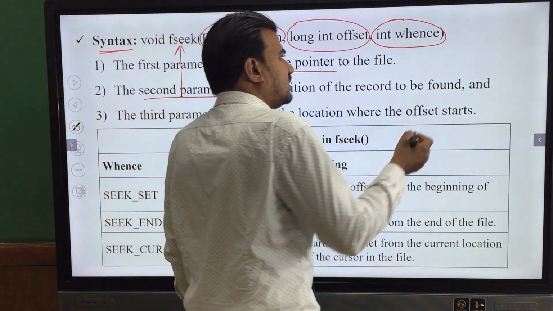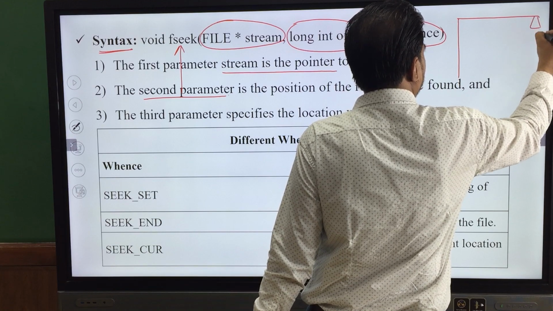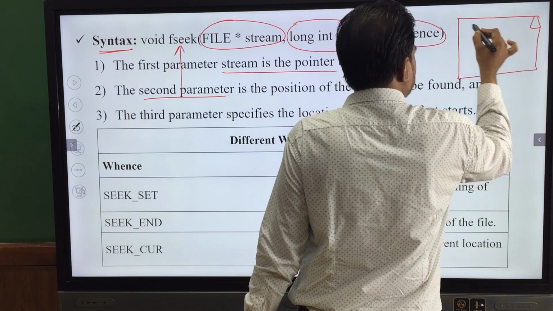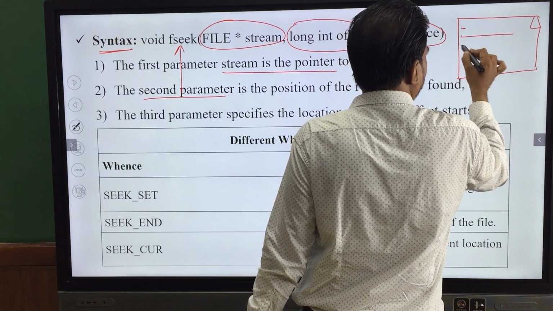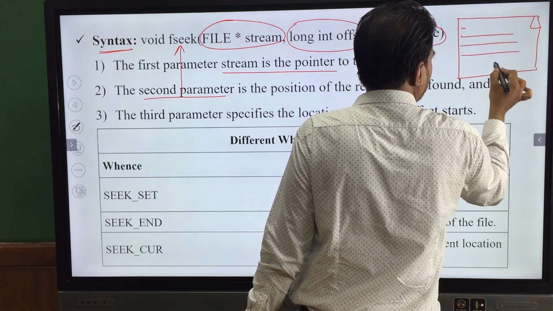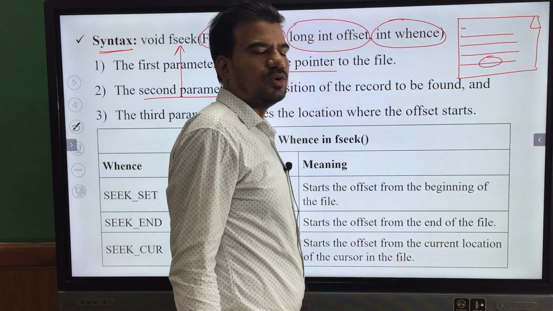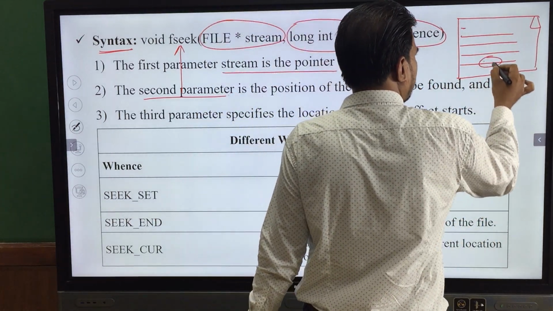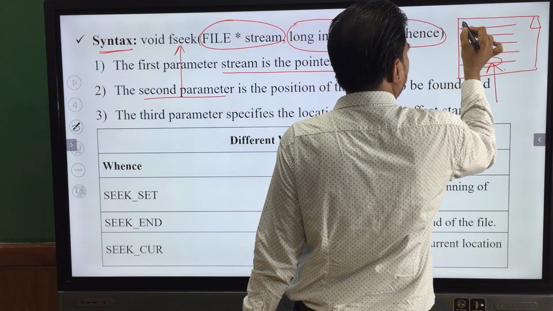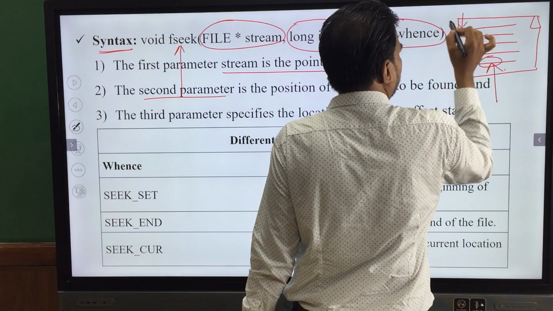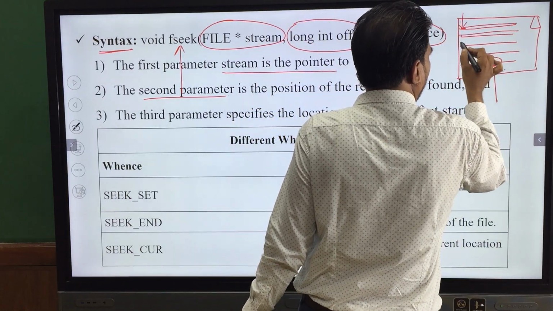Let us assume this is the beginning of the file, and you have all the records like this, and you want the data to be read somewhere here. Your desired data is at this location. When you open the file in read mode, the file marker will be over here, so from here to here you need to count all the characters.